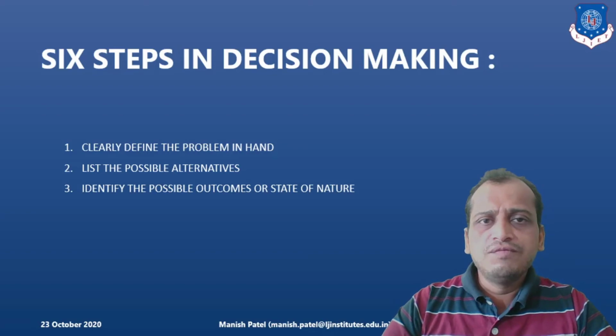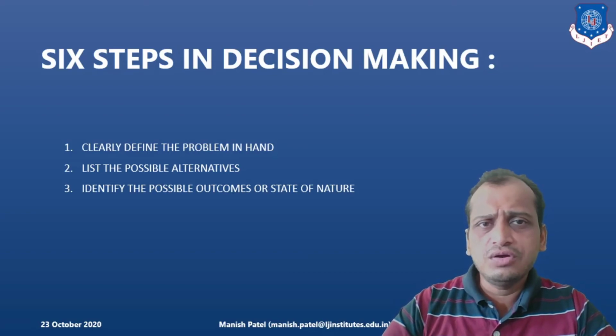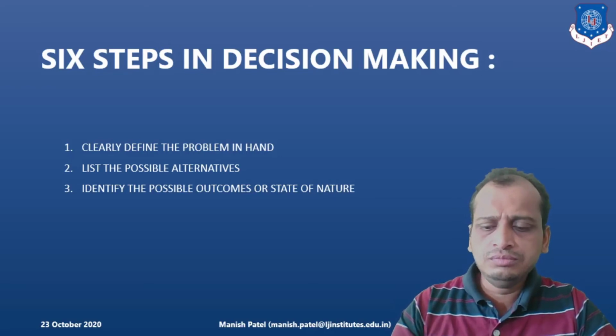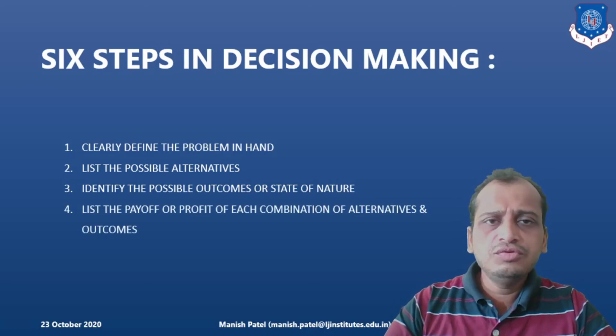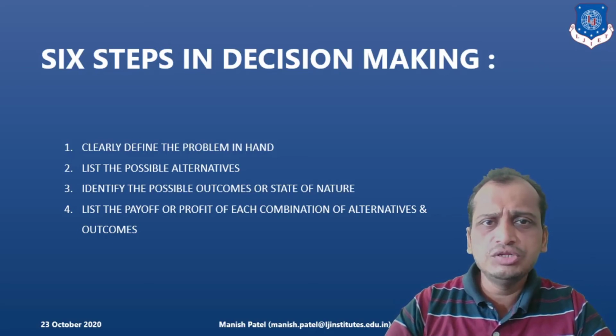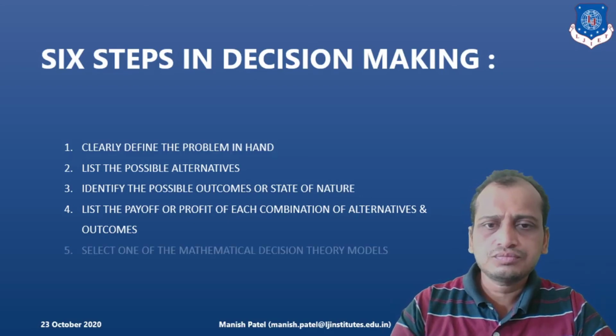Once you have the different alternatives and sub-branches, you have to find out the outcomes, what the outcomes are if you select that kind of state of nature, in terms of payoff. Then you can list out the payoff of individual branches, or the individual outcome of each of the decision nodes, so that you can easily convert them into a mathematical model to solve.